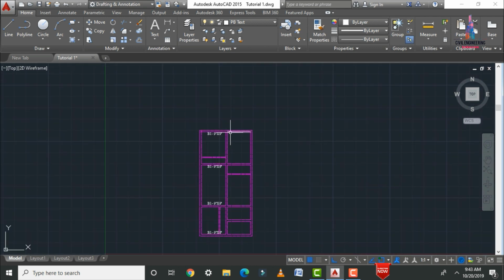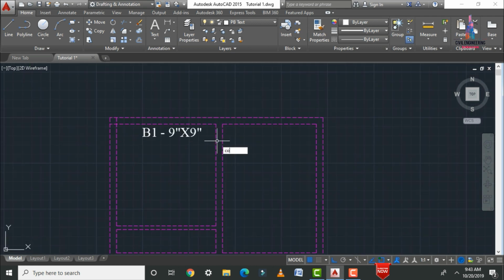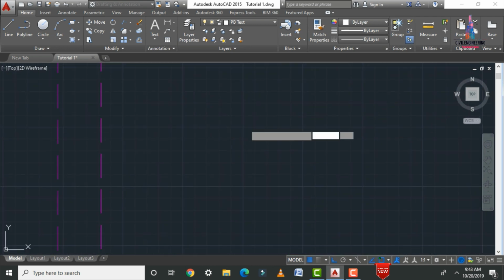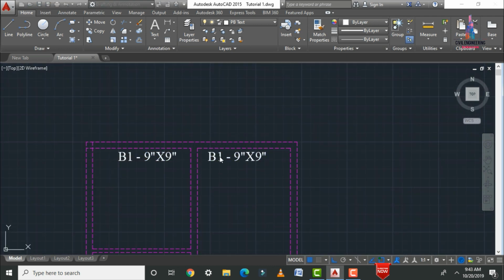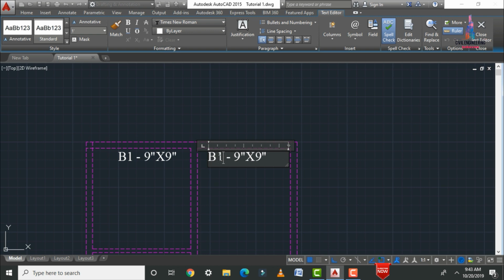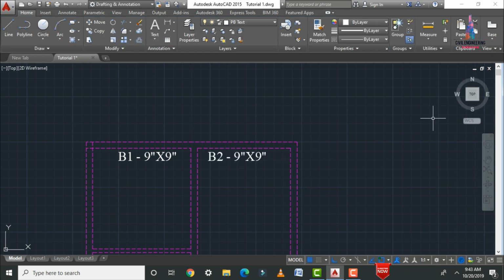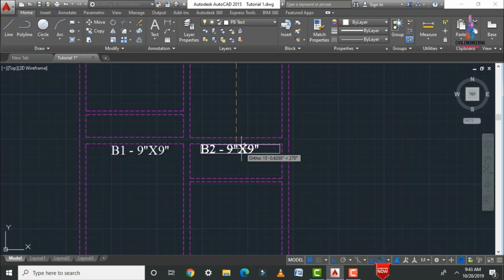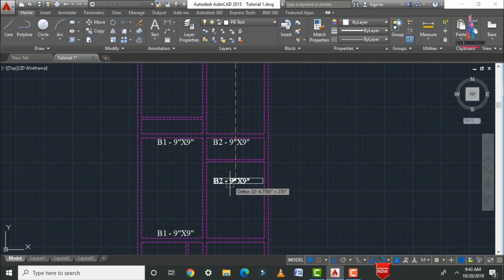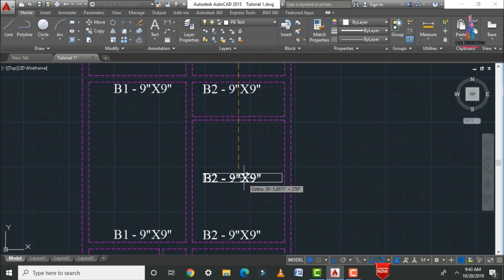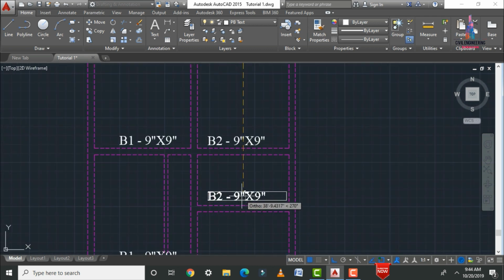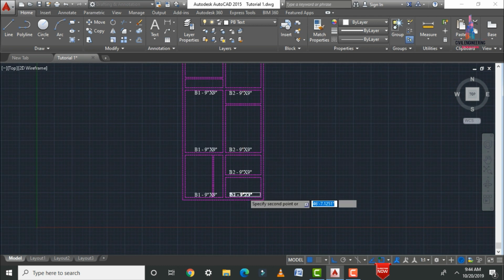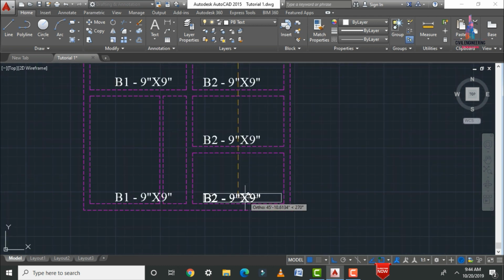So again we have to copy this respective B1 to X direction. So let us consider, so here I am taking this B2 section name, let us consider it as B2. Here I am taking, so again we have to copy this, CO, enter, select this. So here I am selecting this respective beam is the same, so that's why I am selecting copy here. Again I am selecting copy for this respective label B2. Again in the same process we have to take the B2 section here like this. Again I am taking this B2.